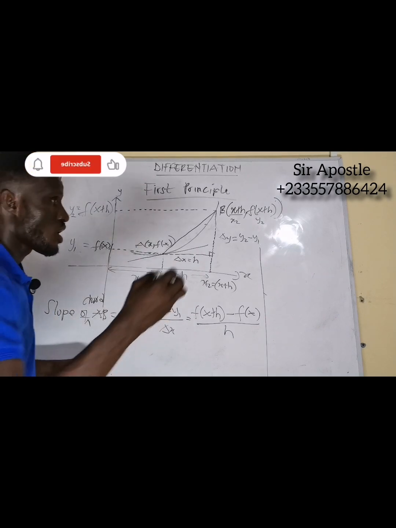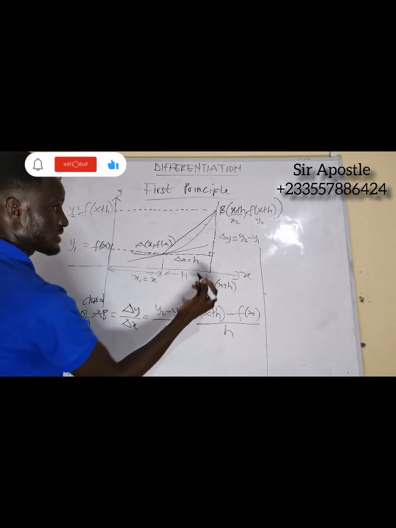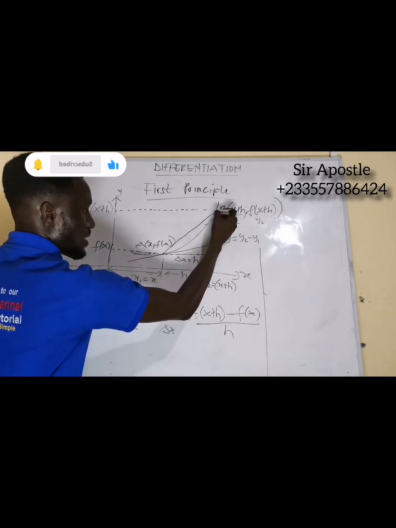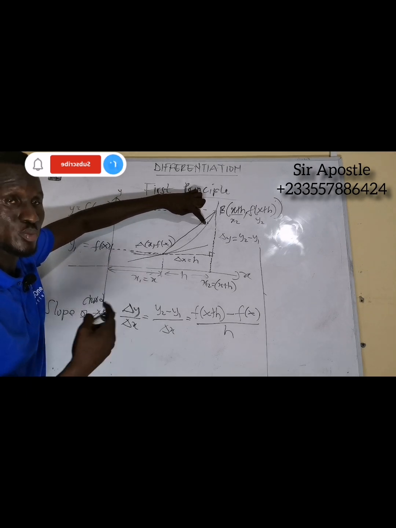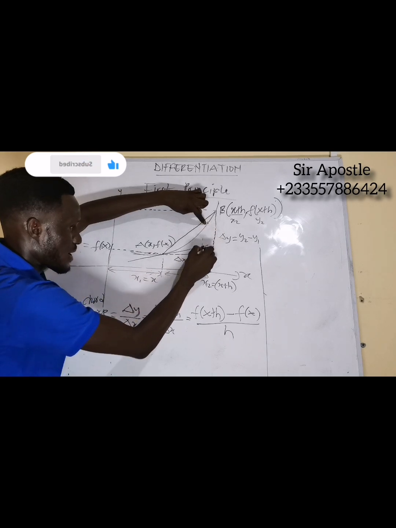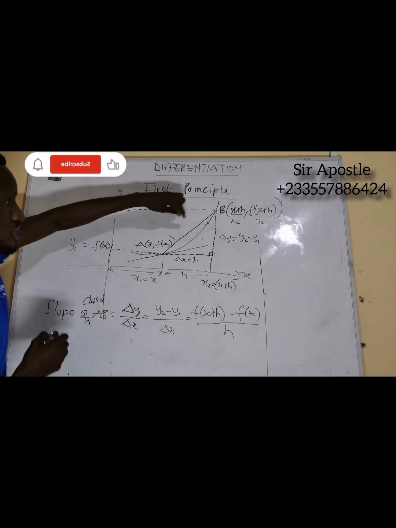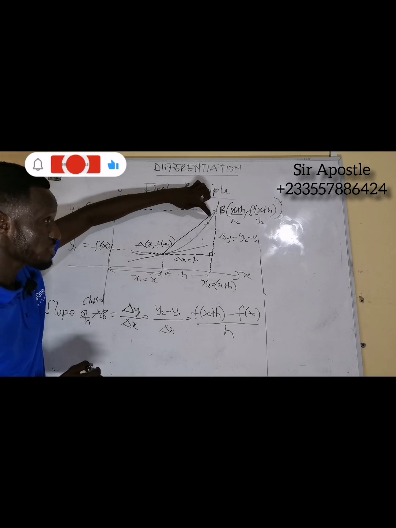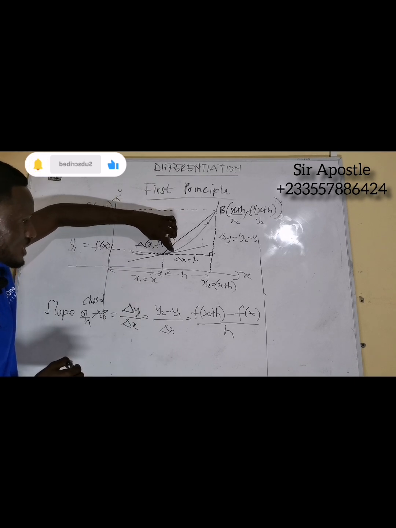So let's see. Let me introduce our limits. Let's say we are looking for the gradient at any point on the curve. So let's say the point is from here. If the curve is at this particular point, what will be the value of h? The h will change. From here to here is h. When I talk about here, the h will be small, and we can get a corresponding y value, right? Now at the moment we are looking for the gradient on this particular curve. Now as the point is moving up to the point A,